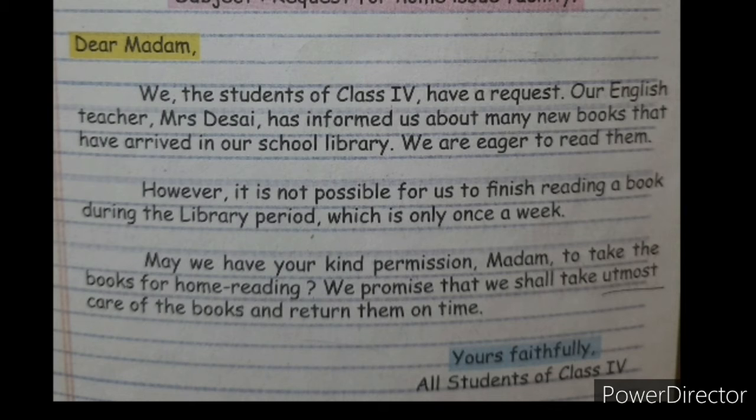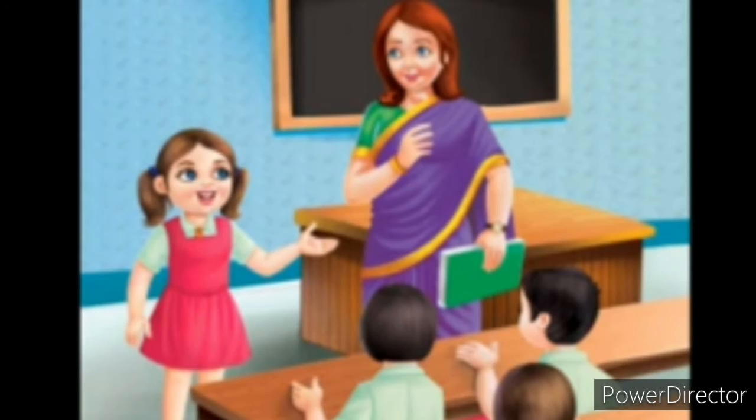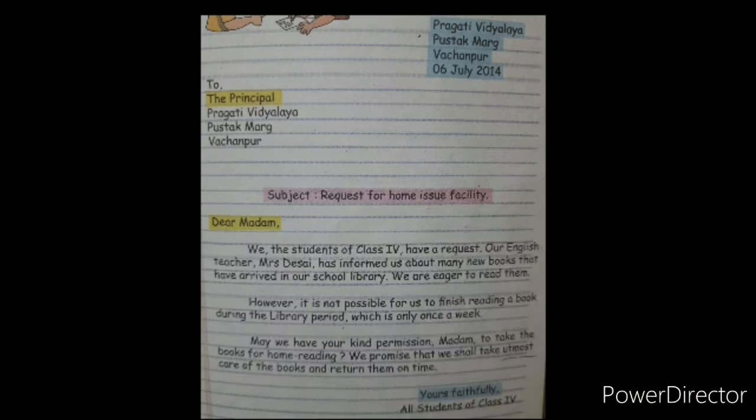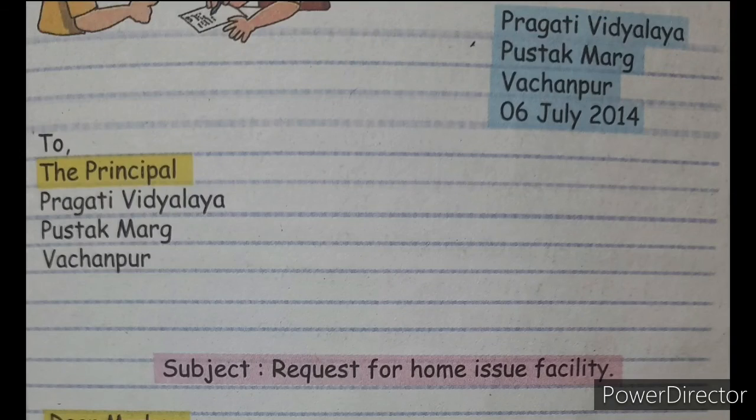Come on now, let's draft this letter together. Mrs. Desai taught class 4th how to write a formal letter, and she told, let's draft this letter together. Means after teaching the letter, she and the students together drafted a letter to the principal. After quite a few errors, means mistakes, cancellations, means some parts they have cancelled, and changes, here is the letter class 4th wrote to their principal. It was written very neatly. Students, you can see here is the letter. It is a formal letter written by students of class 4 to their principal.